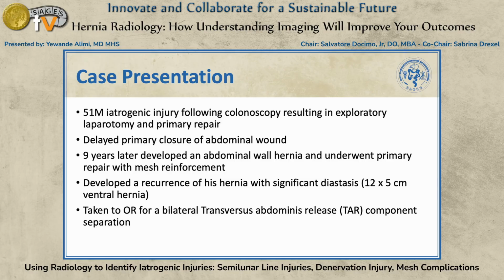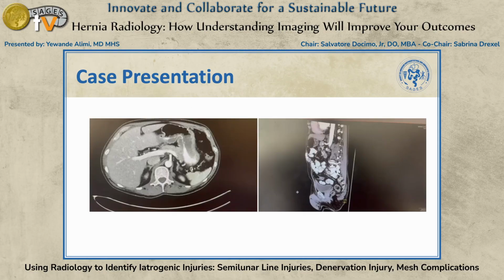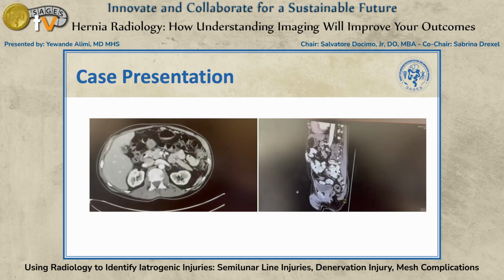He had a delayed primary closure of his abdominal wound, but 9 years later, he developed an abdominal wall hernia and underwent a primary repair with mesh reinforcement. He then developed a recurrence about 8 months later with a significant diastasis, where he had an ultimate 12 by 5 centimeter ventral hernia. He was ultimately taken to the operating room for a bilateral TAR, but here as we